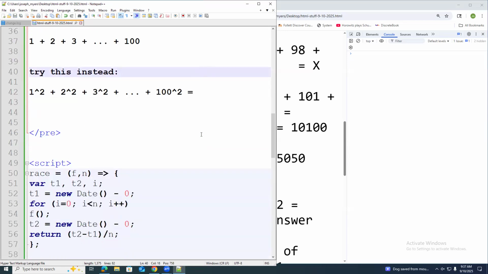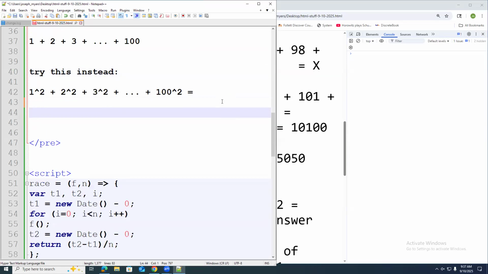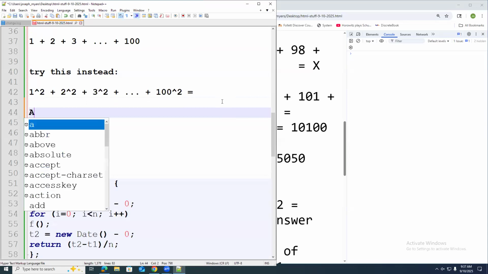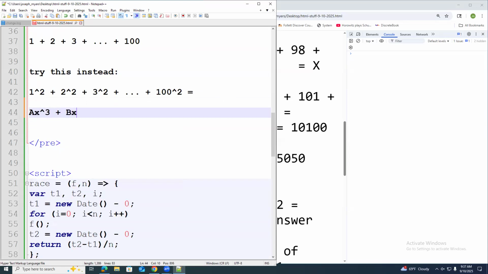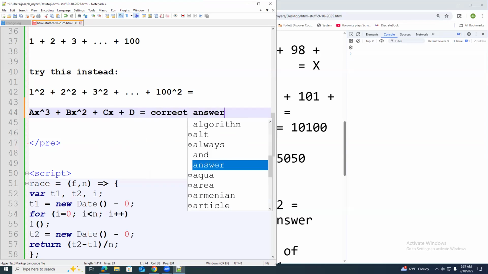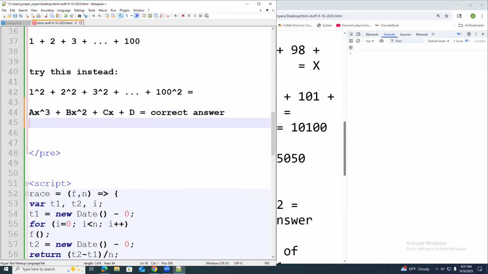Well, there probably is, you'd have to do a little bit of algebra first though. I'll explain how to do it, but I don't think we have quite enough time to solve all the equations. But what you could do is assume that there's a function, ax cubed plus bx squared plus cx plus a constant, that would equal the correct answer. You just assume that. All right. Now you'd assume a known value.